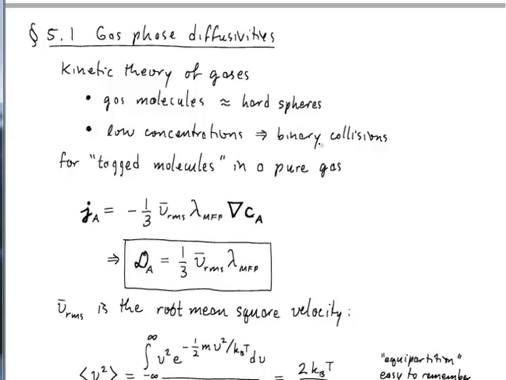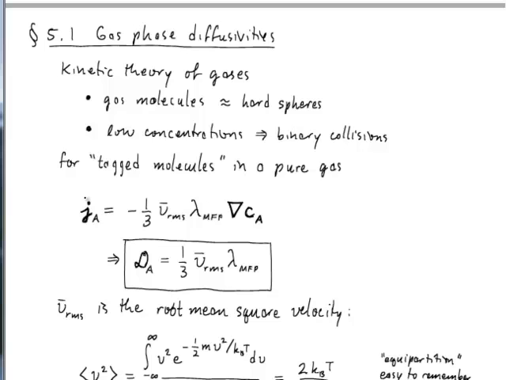So you can think of a dilute gas of billiard balls flying through space, bouncing off of each other. These are our molecules, and every time they collide, their velocities are randomized by that collision, and that results in the random changes in direction of motion that occur at intervals delta t, which is the time between collisions.